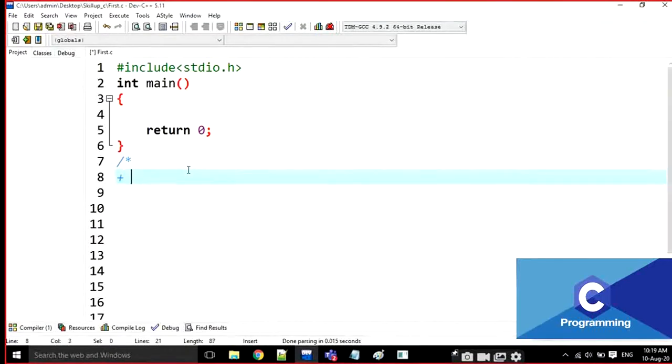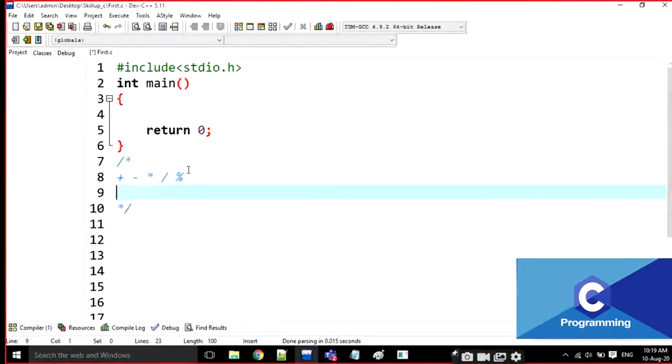That is addition, subtraction, multiplication with the star symbol, division, and one more thing, that is modulo division. These are the arithmetic operators.